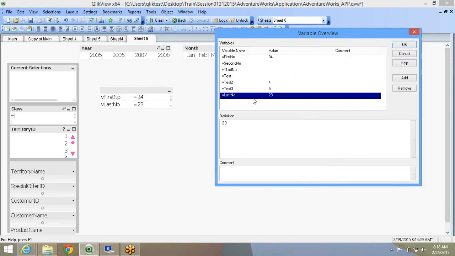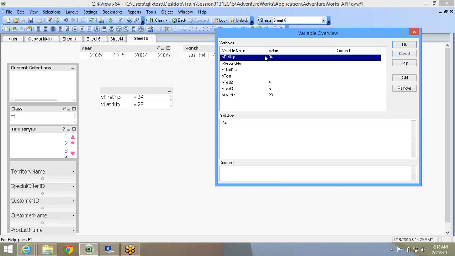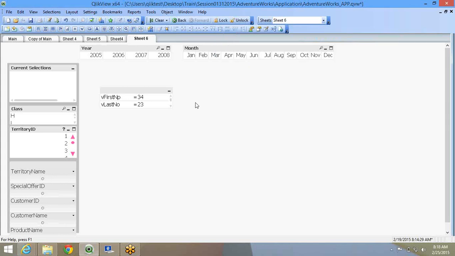I had kept the variables blank, but the moment the user updated, the values were passed to these variables, and now I can use these variables anywhere across my calculations and manipulate however I want to. This is one of the methods to insert data into QlikView, like inputting numbers into QlikView and manipulating it based on the inputs.